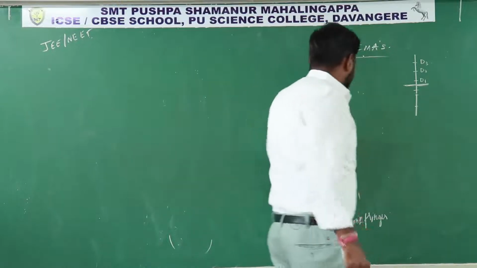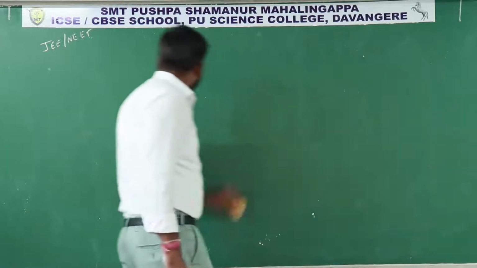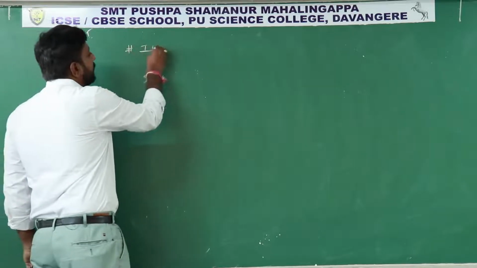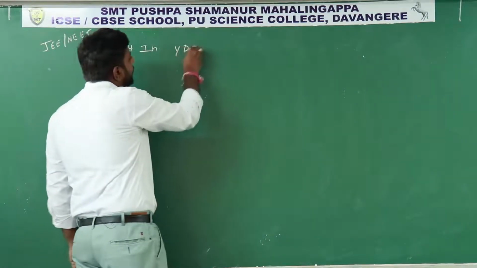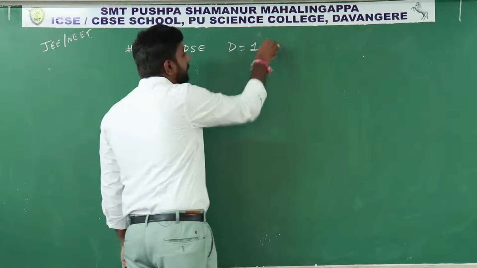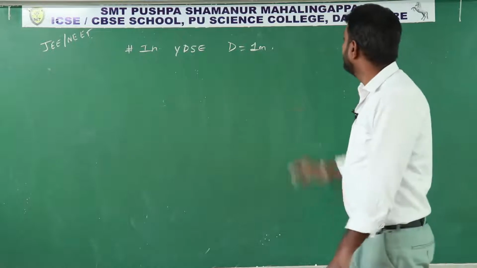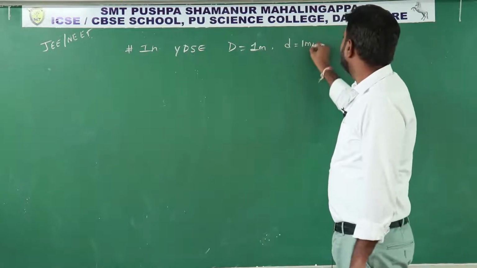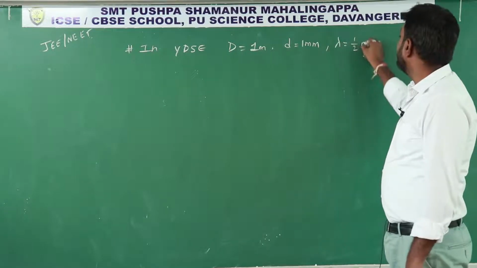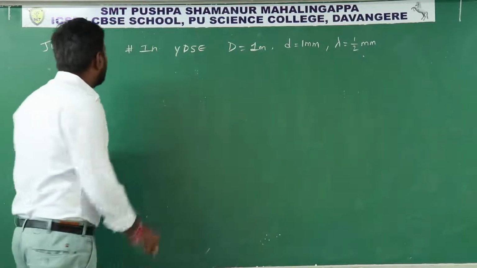So based on this problem, I will explain, listen. In YDSE, Young's double slit experiment, let us take capital D as 1 meter, the distance between the slits and screen, small d as 1 millimeter, and wavelength as half millimeter. Okay, so we have to find